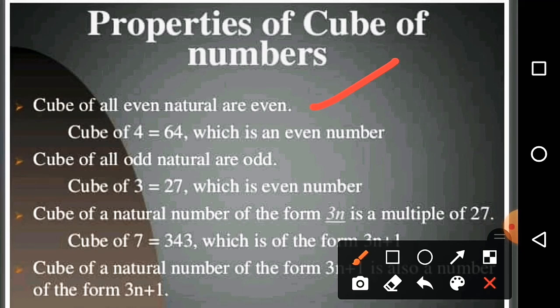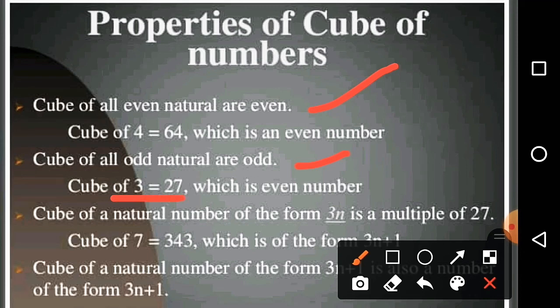So 8 is also an even number. Here also one example is given: the cube of 4 is 64, which is an even number. So the cube of an even number is even and the cube of an odd number is always odd. So if you do the cube of 3, 3 is an odd number,